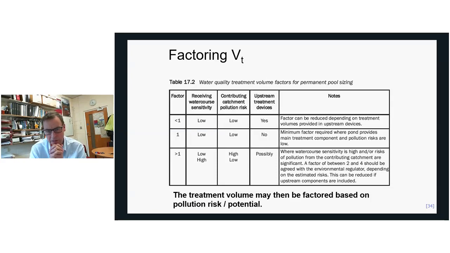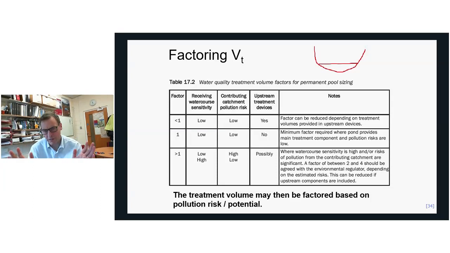So basically, in most circumstances, you're taking that VT figure, and that's just a starting point, and then you're multiplying that up. The important thing to remember, though, is that the VT value is just the permanent pool. That's the minimum limit for the permanent pool, and in terms of the cost of your pond, a lot of